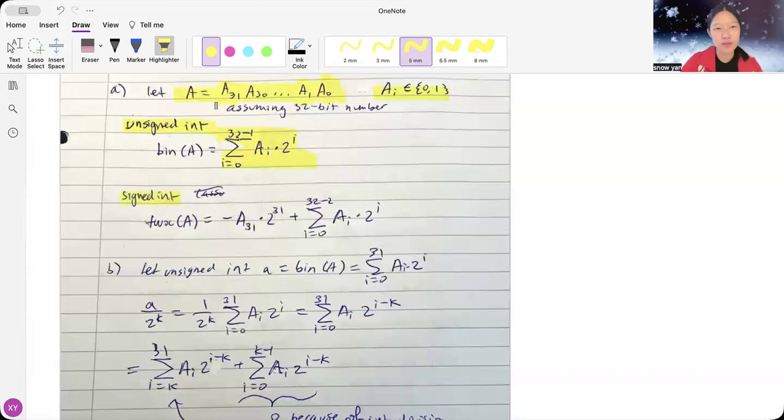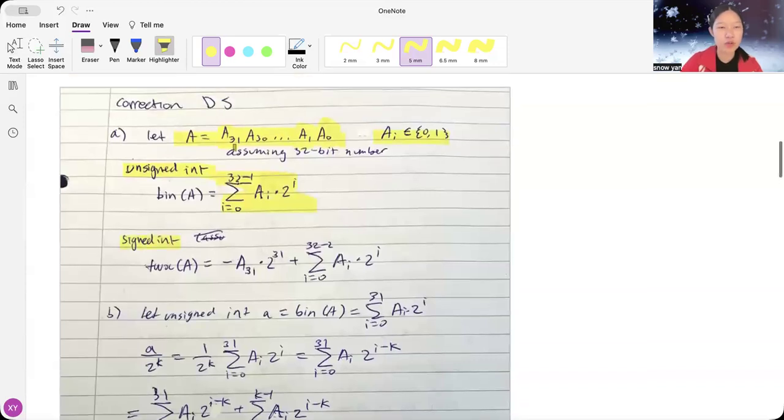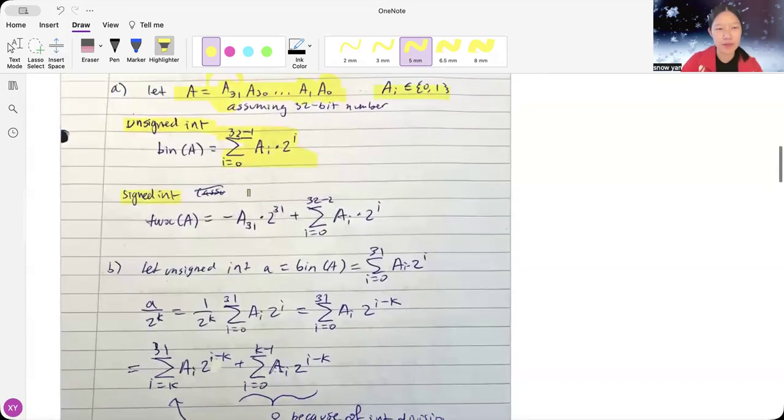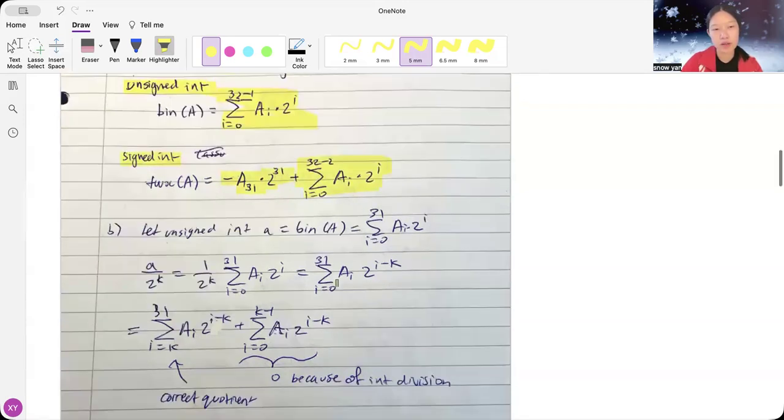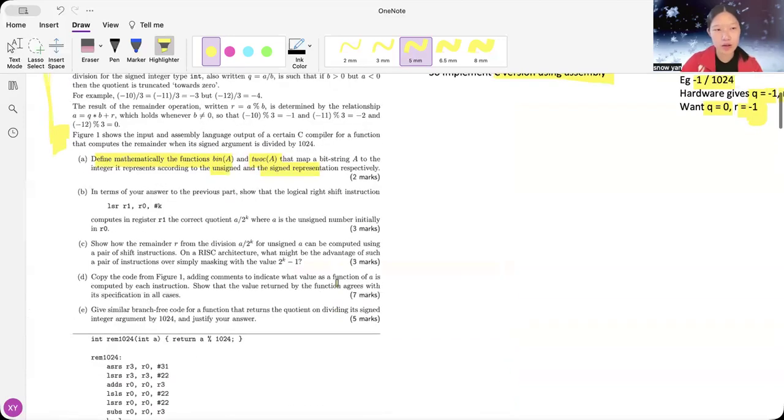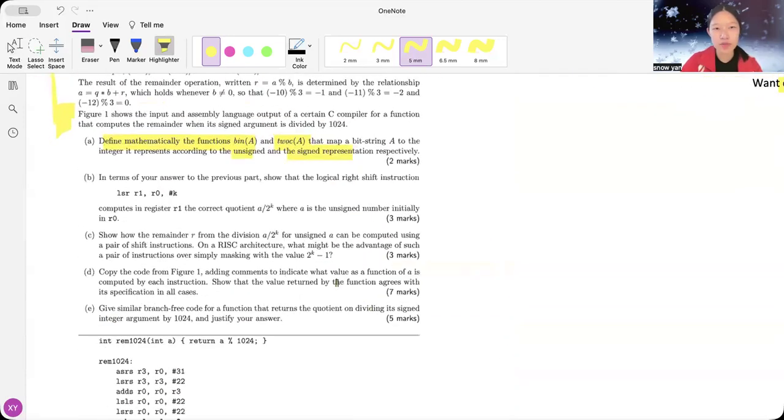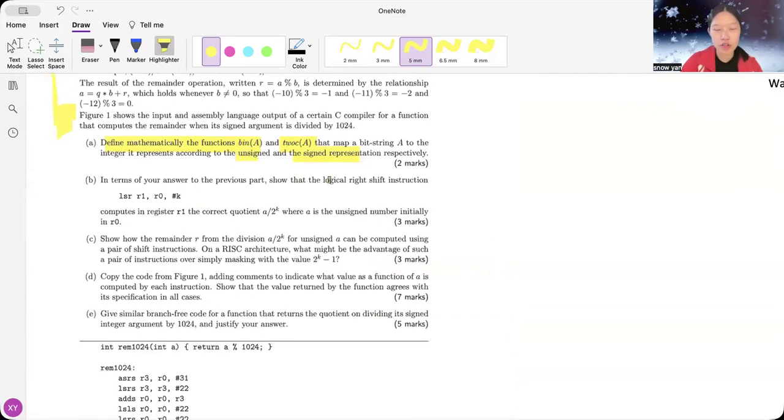For the signed one, taking the approach of two's complement, I just take whatever is in the front, the first bit. The first bit represents the sign, so it's negative. So it would be negative of the first bit times 2 to the 31, plus whatever bits remain, which are basically unsigned. So that's part A. Part B, we're asked,